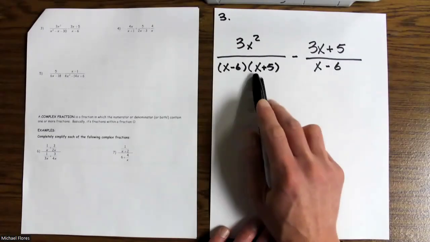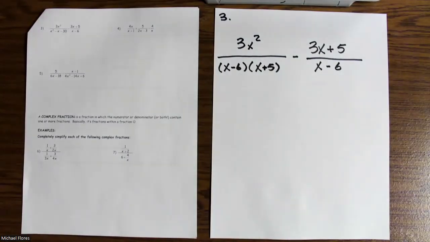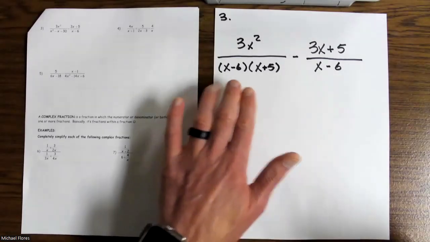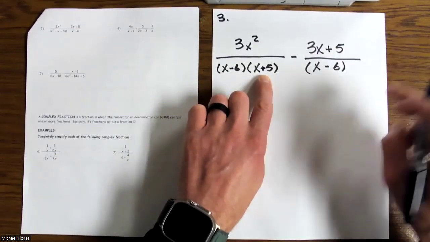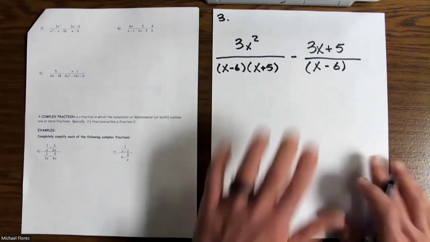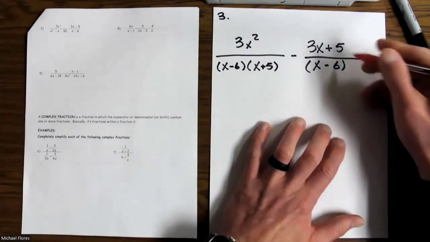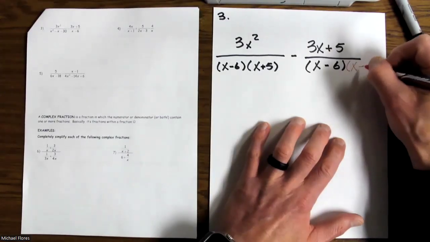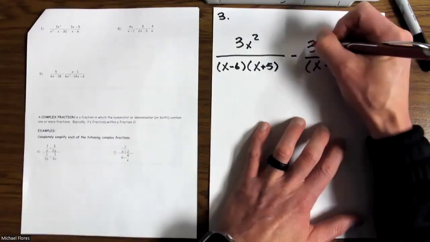Example 3. That very first denominator that you were given can be factored, so that's the first thing you're going to need to do. You need to factor that. So it looks like this has an x minus 6, this has an x minus 6. This has an x plus 5, this doesn't have an x plus 5. So this is our common denominator here. I just simply need to include